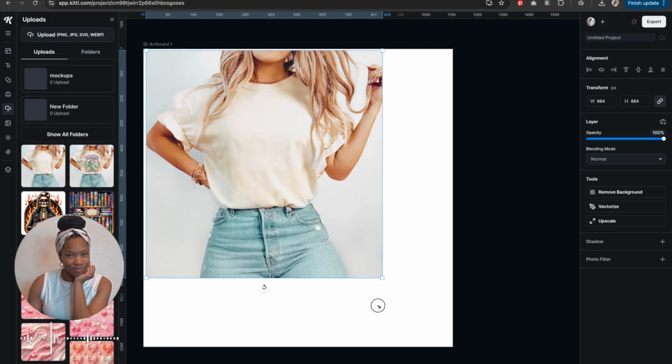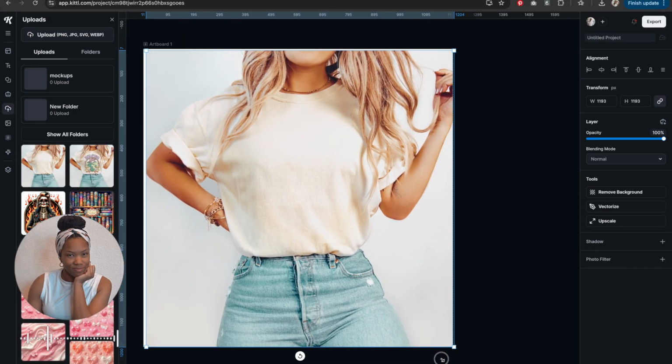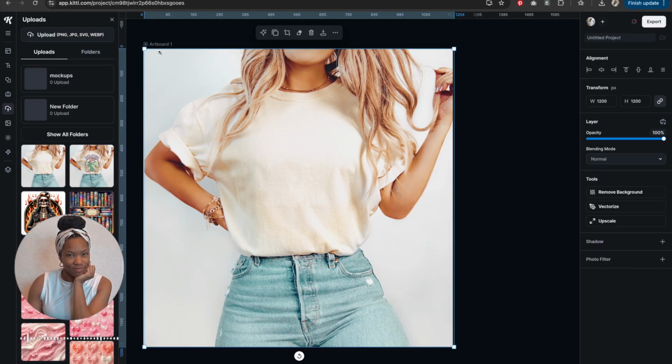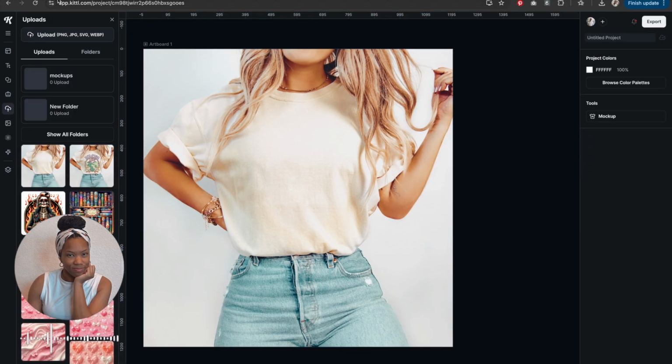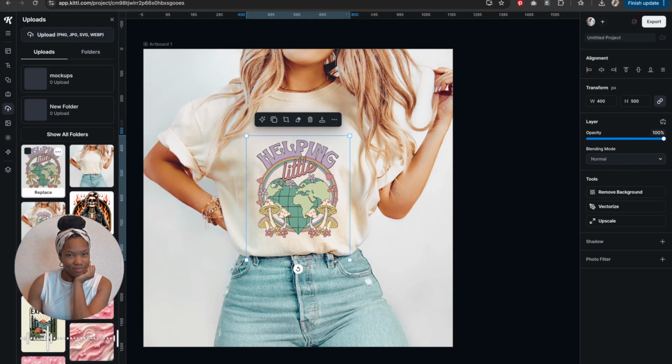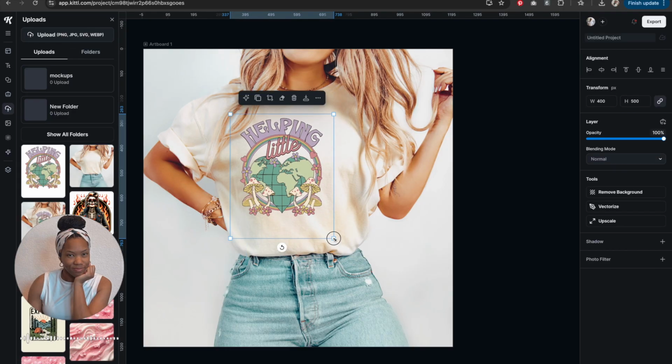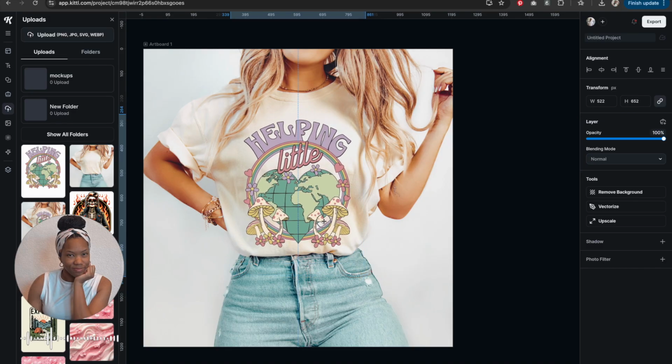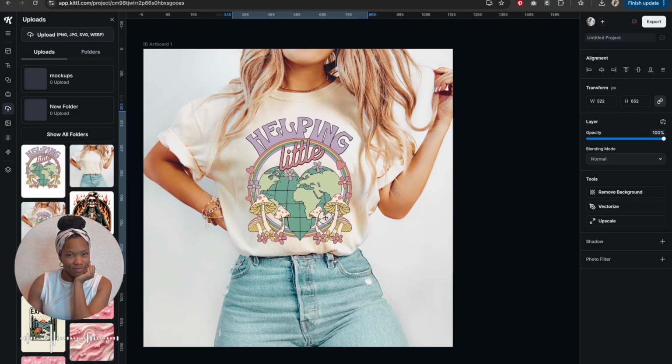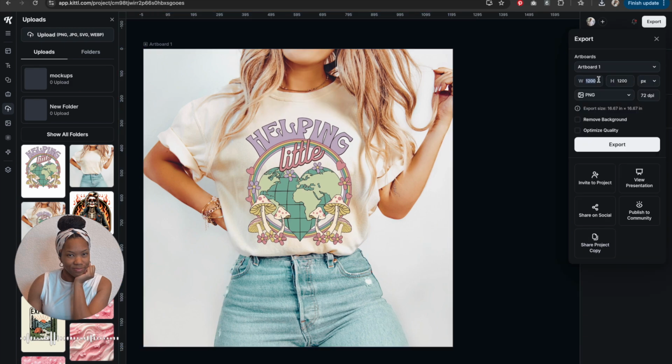Now I'm going to go ahead and mock up my design so I can upload it to my shop. I have my mock-up, and now I need my design. Now I'm going to insert my design, place it on my mock-up how I want it to be positioned. Bring it up a little bit. There we go. There's my mock-up. Now I'm going to go ahead and export, bring up the pixels. I'll do 300 DPI, optimize quality,